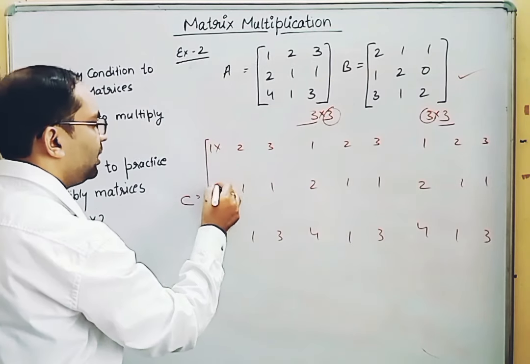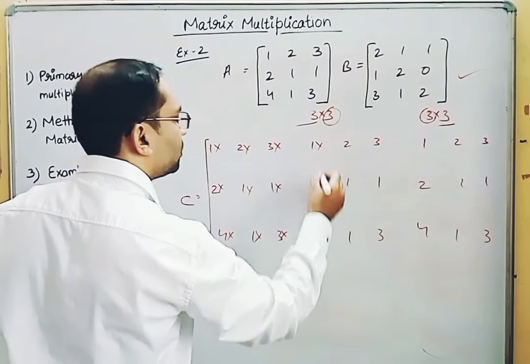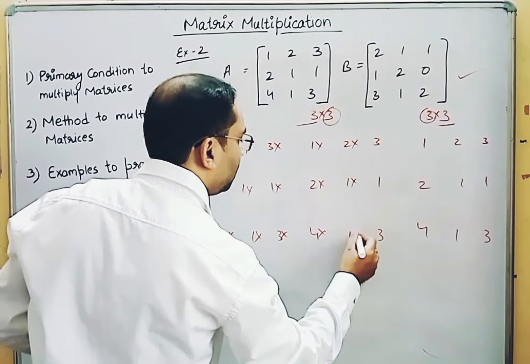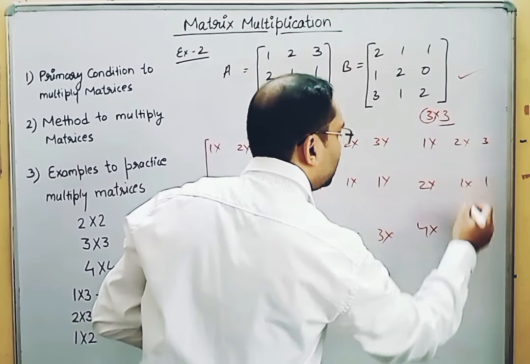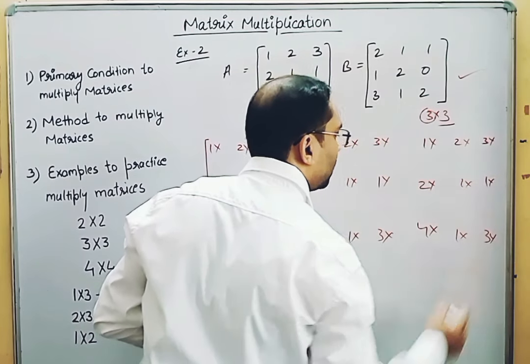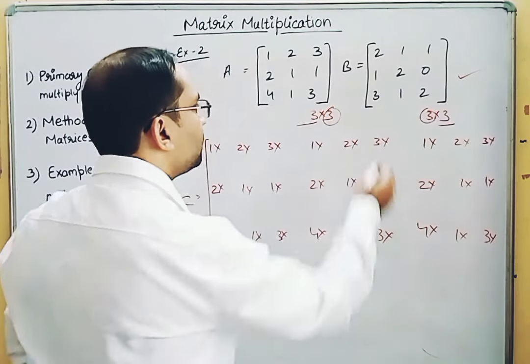I'll supply a multiply sign after every such number. So I'll write multiply after every such number. In this way, you don't have to memorize. So this is a multiply sign after every number. Okay. Now the next part is we'll use the second matrix and we'll use the columns and we'll supply this